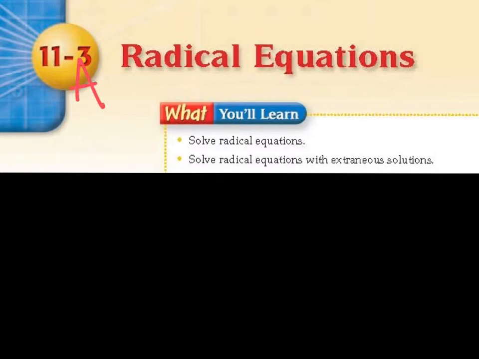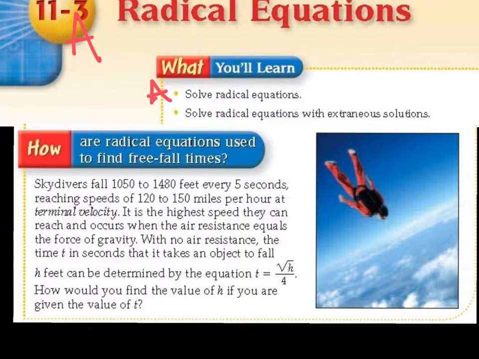In this lesson, we will solve radical equations. How are radical equations used to find free fall times? Skydivers fall 1,050 to 1,480 feet every 5 seconds, reaching speeds of 120 to 150 miles per hour at terminal velocity. It is the highest speed they can reach and occurs when the air resistance is equal to the force